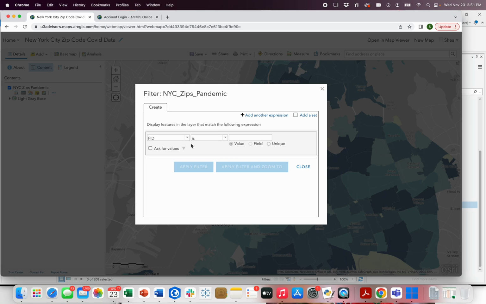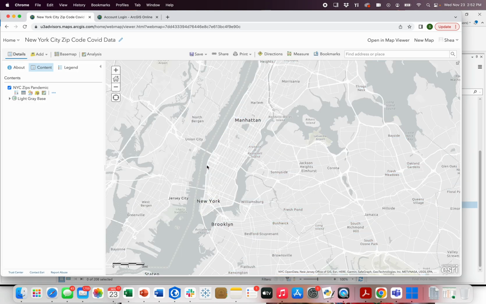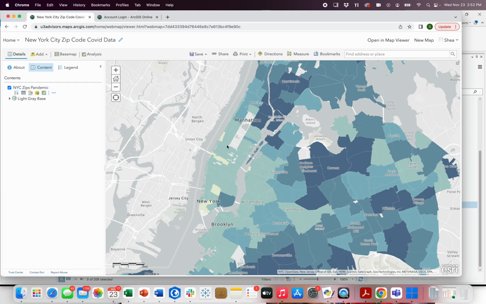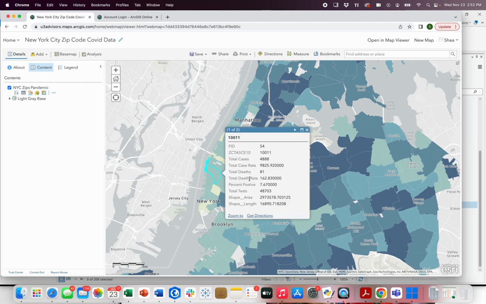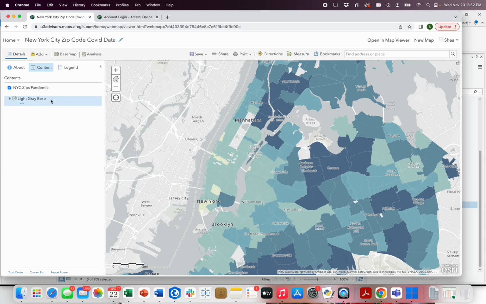Filter is interesting, right? This is where we can turn stuff on and off. So if maybe I want to look at areas where the test rate percent positive is greater than or equal to 5%, apply the filter and let me make sure I've got that data right. The positive rate. Okay, so it already normalizes it. So why don't I do,